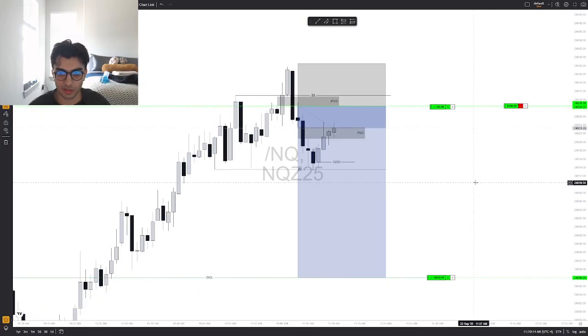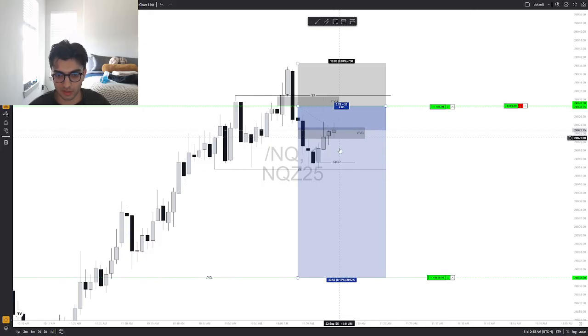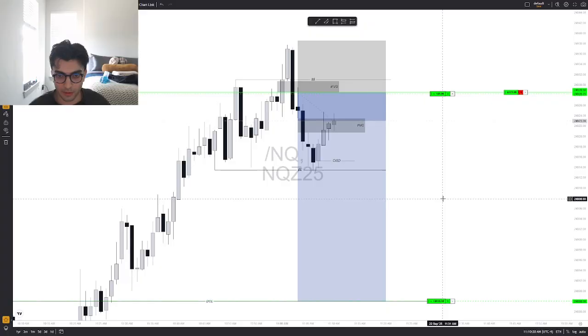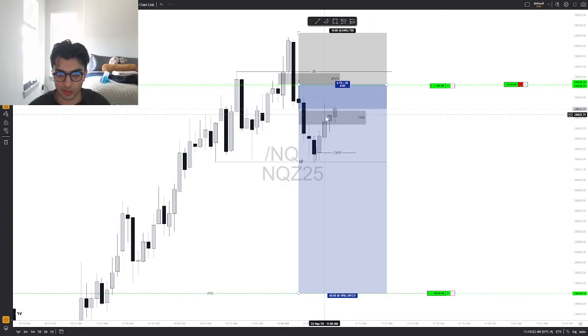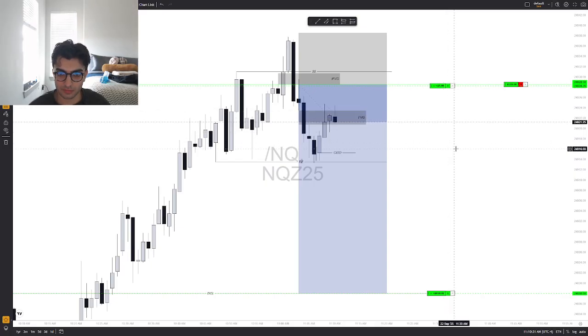Price is probably going to take me out here. If not, we're going to get another wick like that and move right back down. Because again, fair value gaps, they accumulate orders and send it in the original direction. But if we inverse this, we're moving right back up to these levels. Yeah, so we did not inverse that yet.